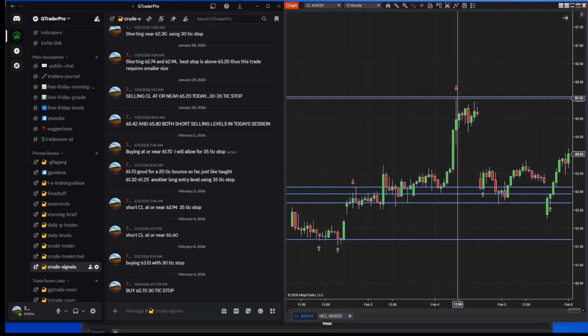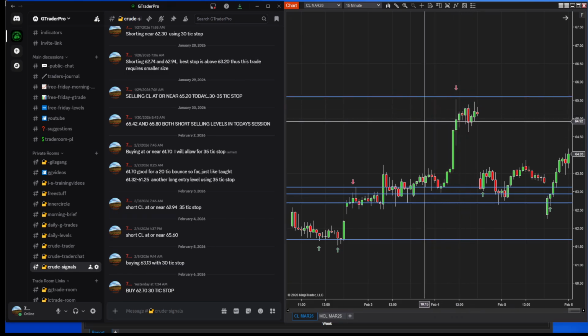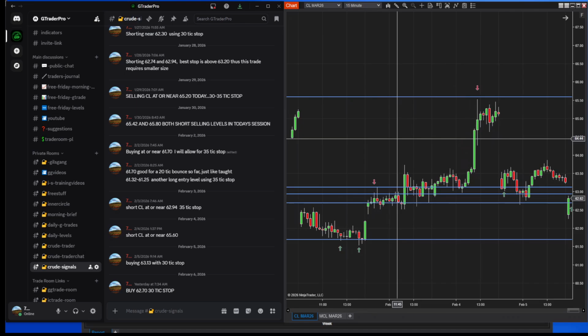Let's take a look at this one by, for example, 65.60. Short at or near 65.60. I posted that at 1:37 in the afternoon. I was sitting here watching. I couldn't know in the morning that I'd get that opportunity. But when we did get that opportunity, I certainly recognized that this price is an extremely good price to short the market at. So this is just an example of what a trader can know well in advance about crude